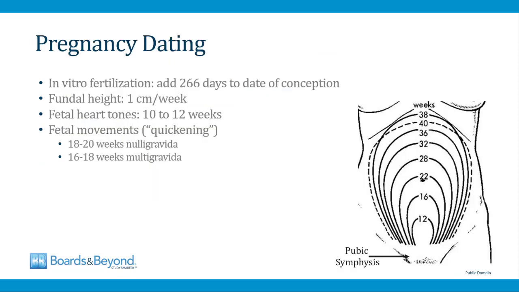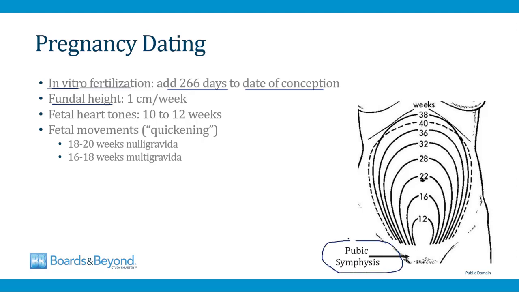Some other things about pregnancy dating: if a woman has in vitro fertilization, this is a special situation because you know exactly when the embryo was implanted. So in these situations you simply add 266 days to the date of conception. You can also measure the height of the uterine fundus. This correlates with the date of the pregnancy. The way this is done is you